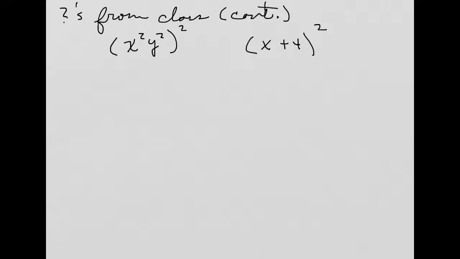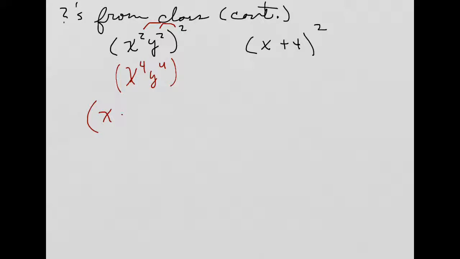Now the other question from class that arose that I tried to explain to you guys on the spot was, we have a law that states that this exponent here can multiply into these exponents, and this would go to x to the 4th, y to the 4th. So why is that? Well, we talked about it just a minute ago, and let me get my pen out here. Okay, so